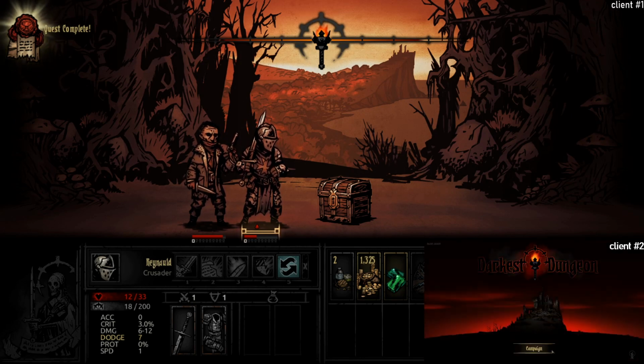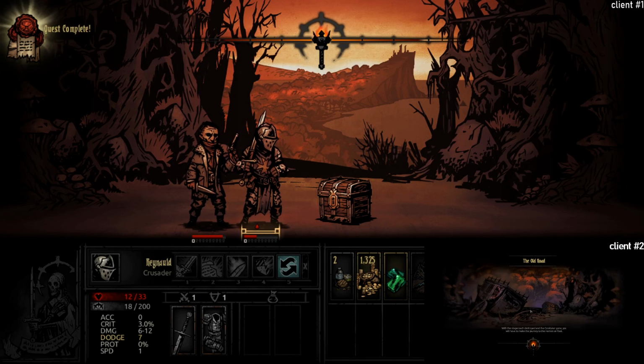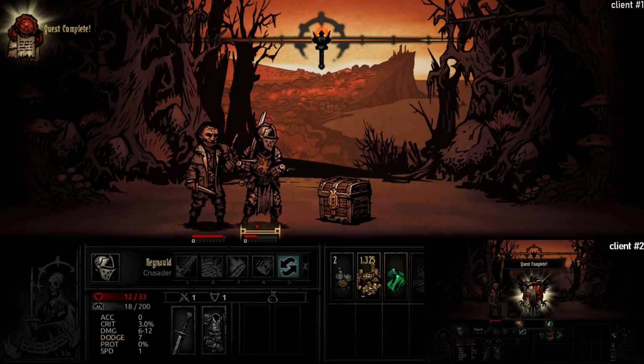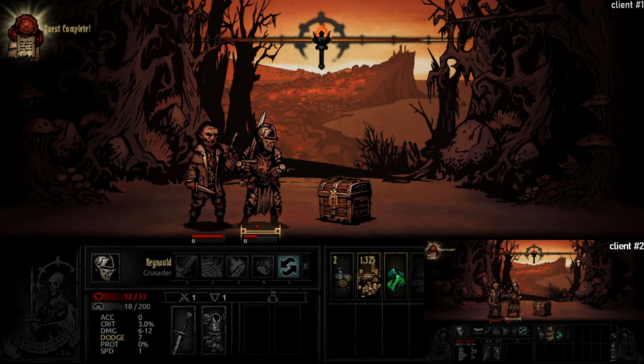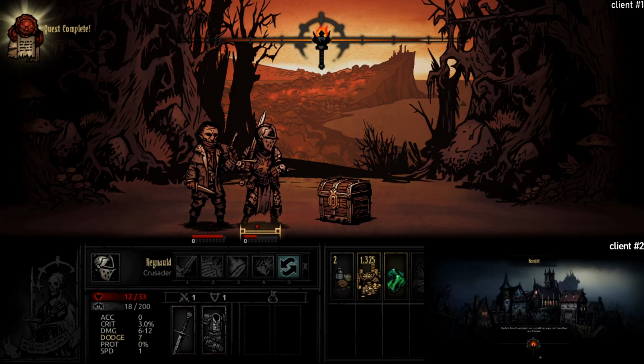Then you cancel out of that. This will update the save file, which the game uses, and you essentially just load in. And as you can see in a second here, we are at the same spot as the first client. So on the second client, or you could do it on the first as well, you then quit out to the hamlet,